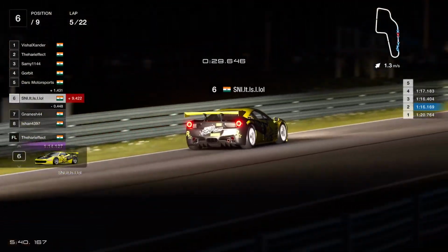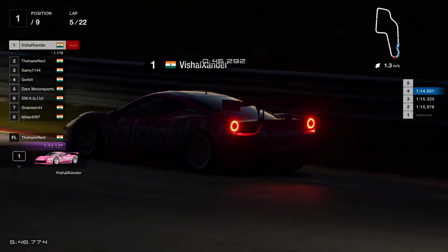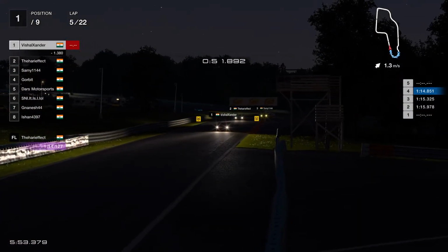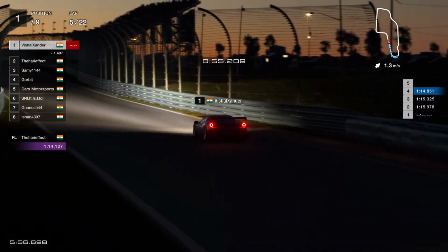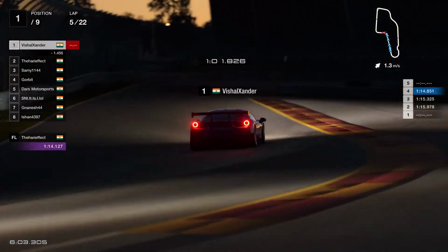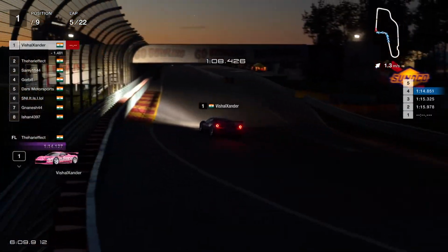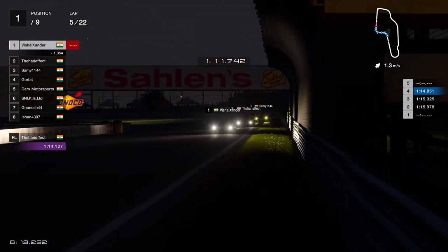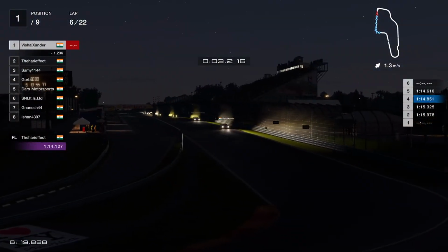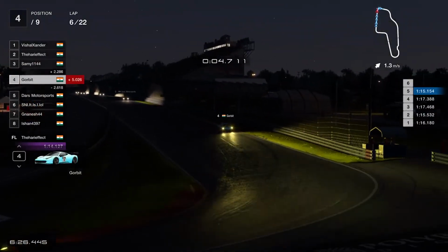And he misses his braking point and loses touch with Charles Andrews, where he was about tenths behind. He is now over 1.2 seconds behind. So that cost him a lot there. As we see the grid settling down, everyone getting into their groups. Ishan again got a 1.5 second penalty. Doesn't look like a very easy race for all of them. We have Vishal with a 1.5 second lead over Hari in P2, followed by Sammy in P3,